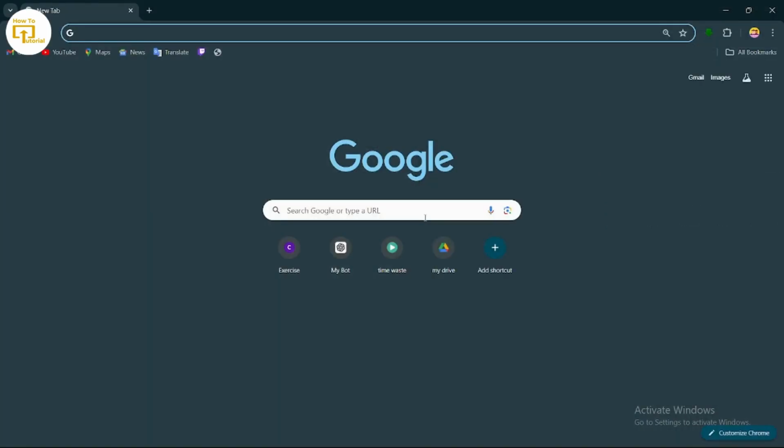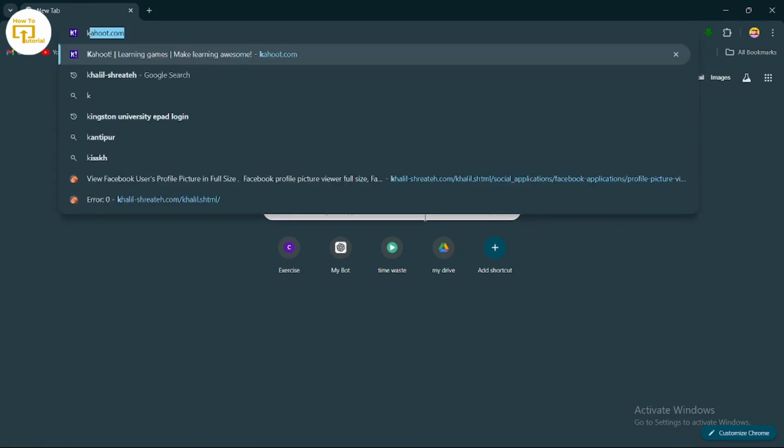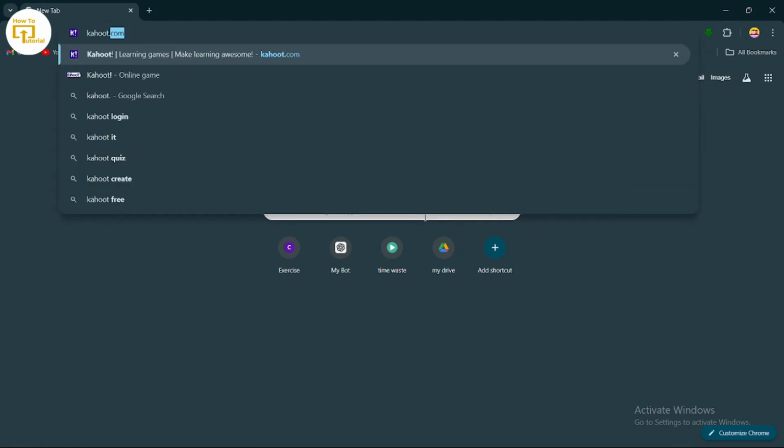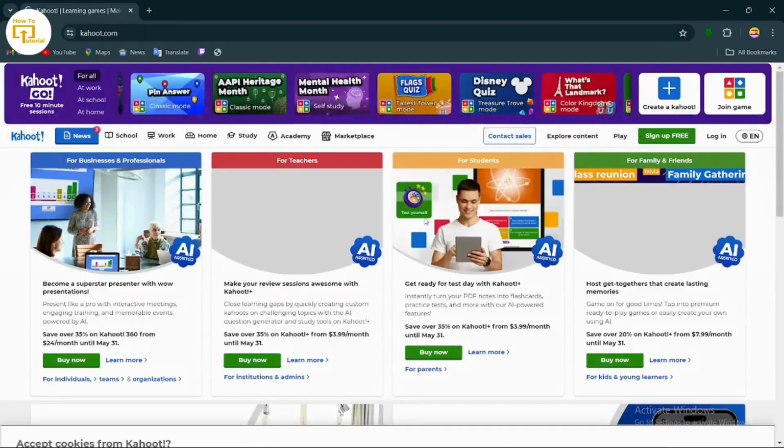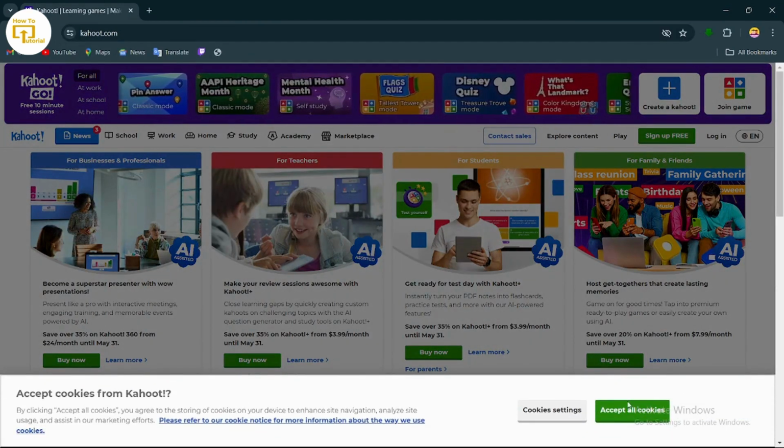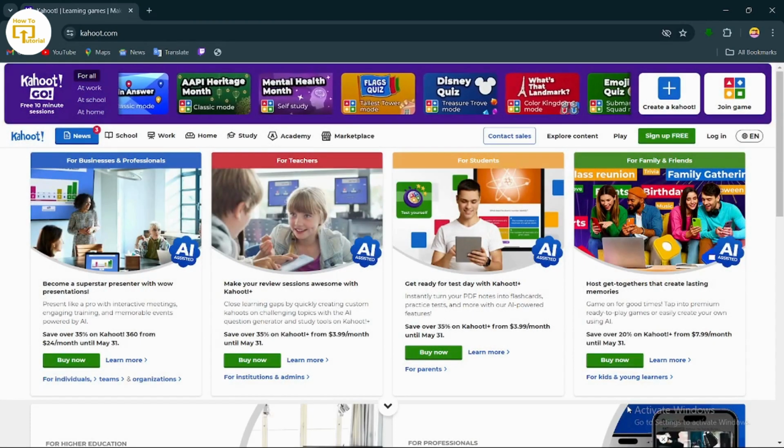If you want to create a Kahoot quiz game account, then you can follow some easy steps. First, simply open up your browser. Select any browser that you like. After opening up your browser, in the search bar you can search for kahoot.com. And after searching for that, you will be directed to this page, and from here what you can do is